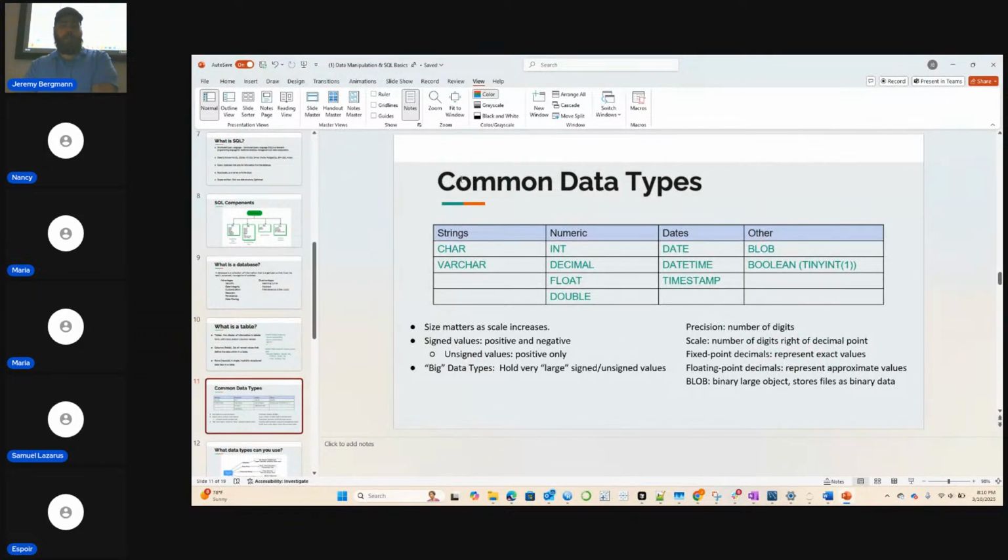Your common data types. So these are a whole bunch of data types. Some of them can even be specific to a relational database, but you'll see these across pretty much all relational database systems, whether it's DB2 or Microsoft Access, Microsoft SQL Server.